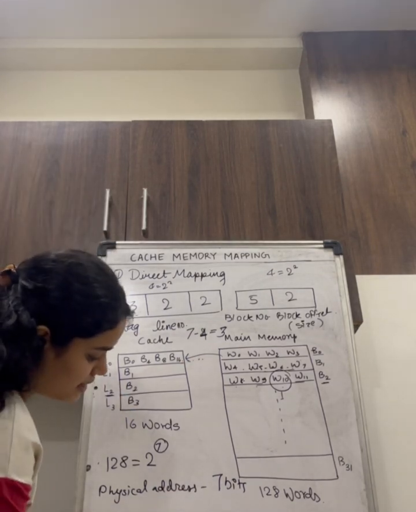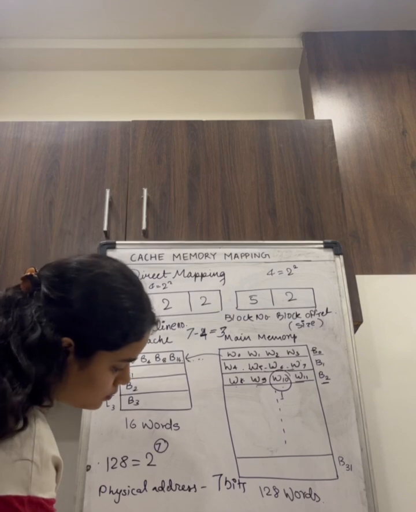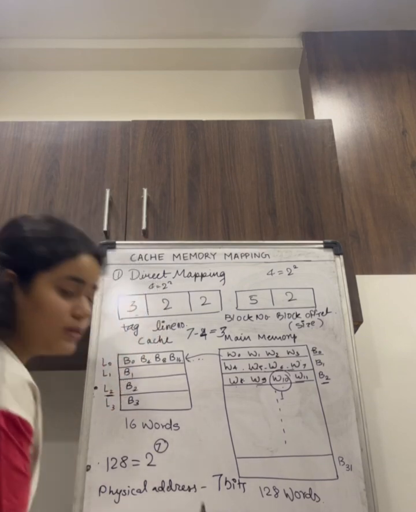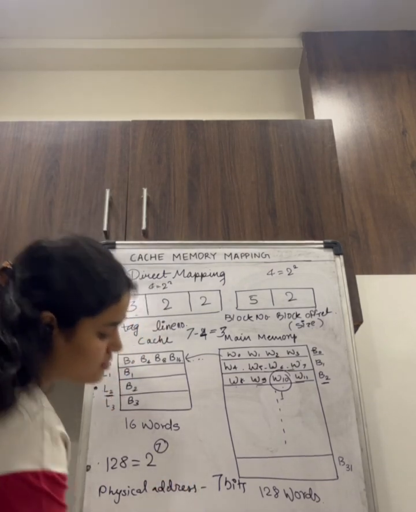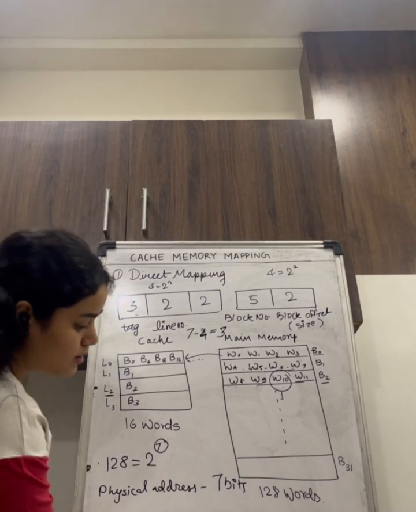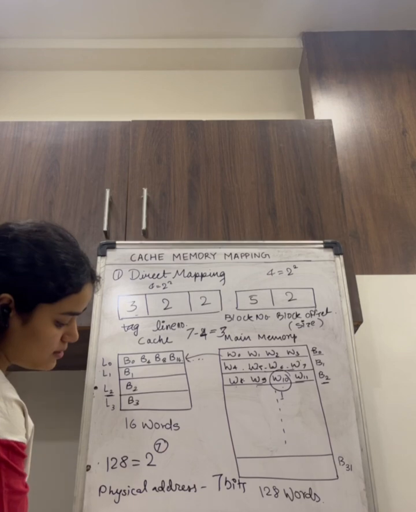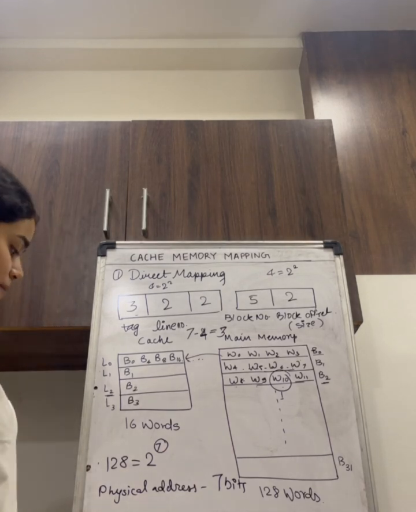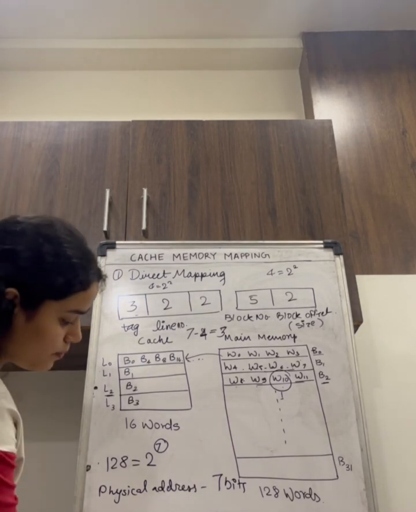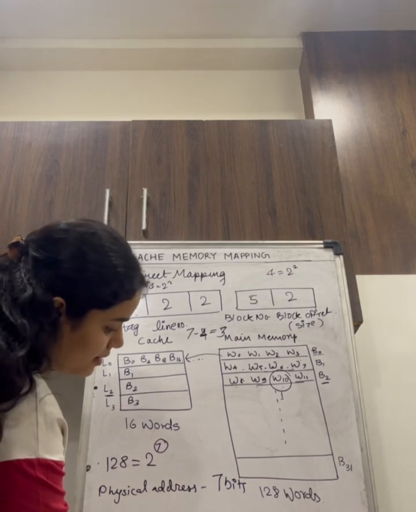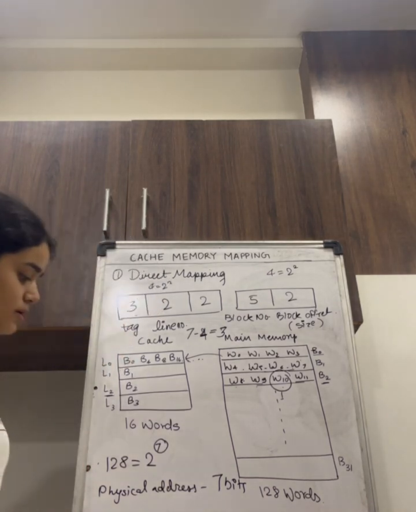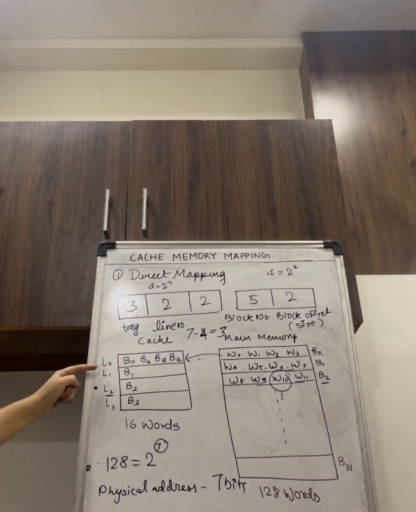So this physical address is now divided into 3 fields. The last 2 digits represent the block offset, the middle 2 digits represent the line number, and the first 3 digits represent the tag. Here the tag is 0, the line number is second, and the offset is second. So in the second line,